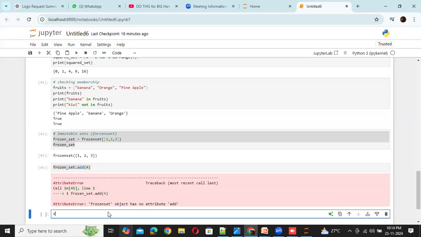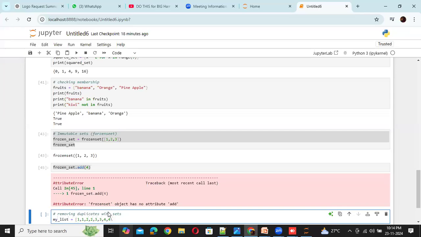Next one is removing duplicates. How do I remove the duplicates? In most of the interviews, they ask this question: how do you remove the duplicate values from the list with the sets? Here I say my_list is equal to a list that contains duplicates, so 1, 1, 2, 2, 3, 3, 4, 4.